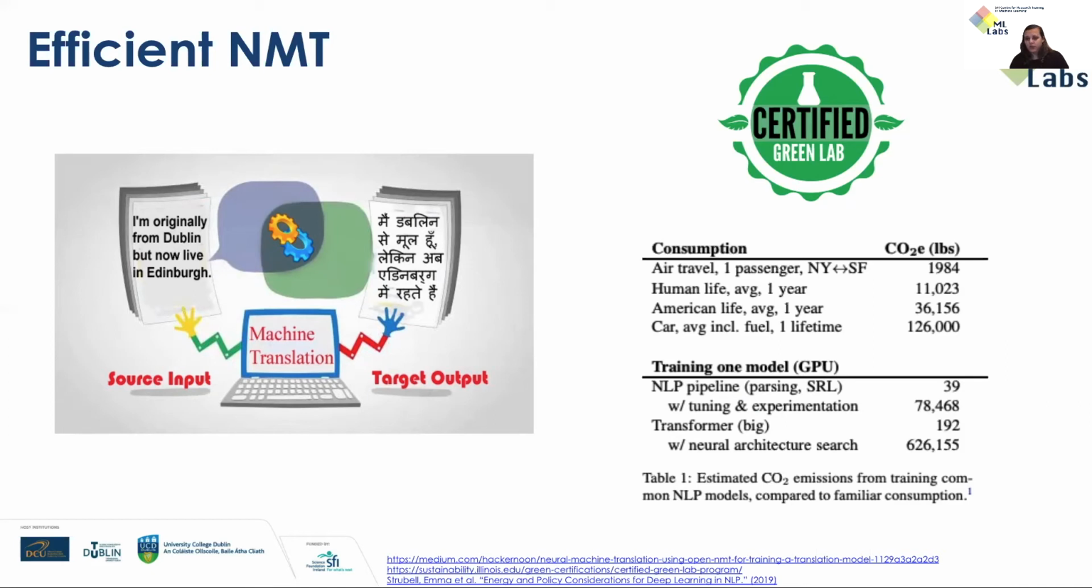And for a neural machine translation model, this can go up to 620,000 pounds of carbon dioxide that's emitted by training one neural machine translation model. And that's the main reason why I'm focusing on making these models more efficient, because neural machine translation needs to be more sustainable. And I aim to do this through developing a more efficient and effective knowledge distillation framework, where